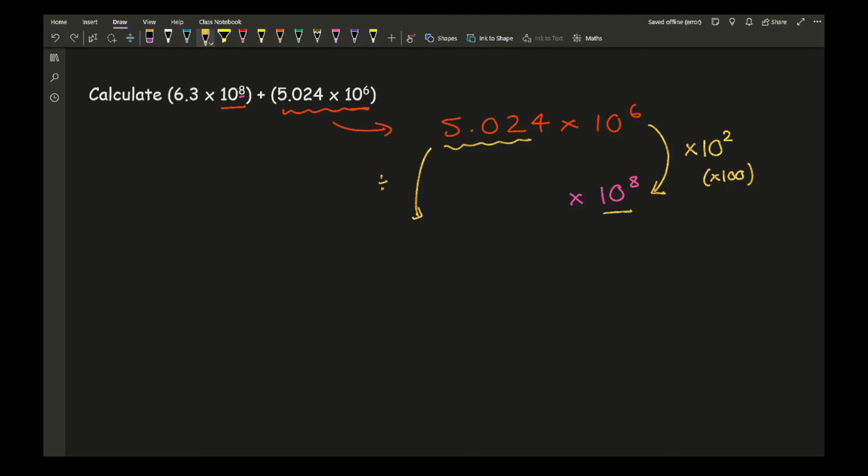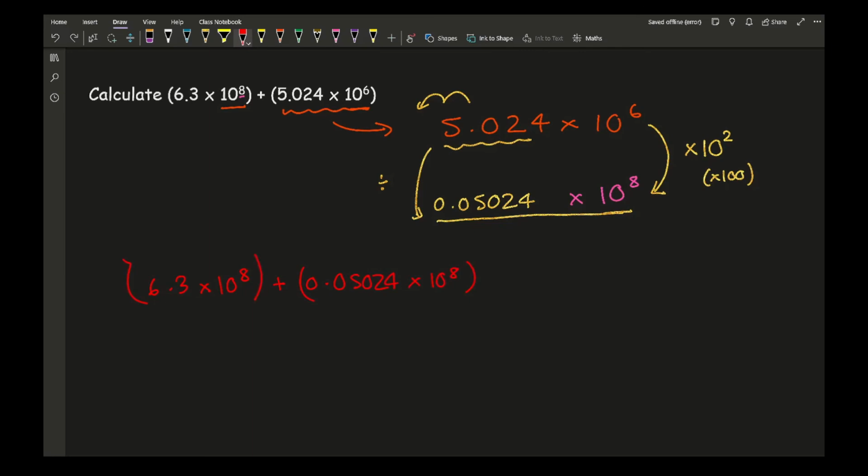So dividing this number by 100 will be moving the decimal point 2 places to the left. So it's going to be 0.05024. And this is now my new number. So now if I look at 6.3 times 10 to the power of 8 plus 0.05024 times 10 to the power of 8,